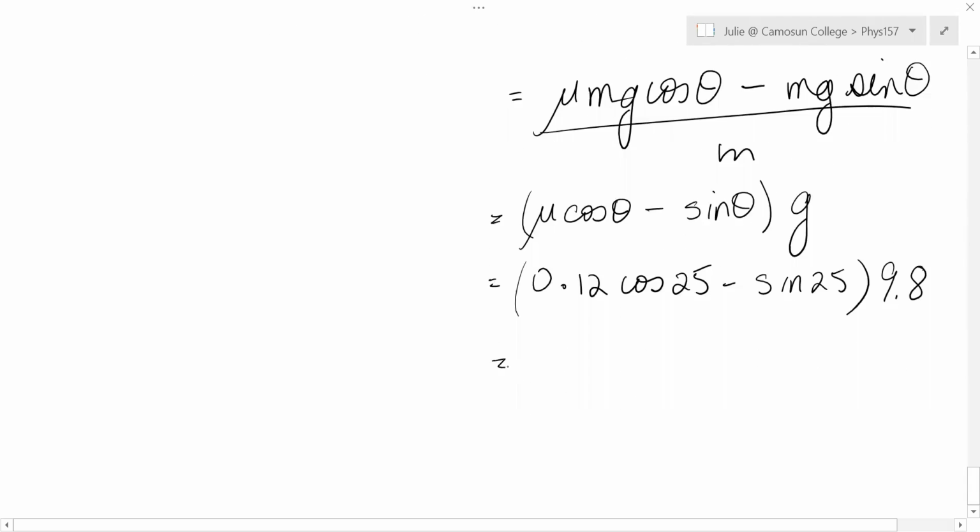And this will be the acceleration while it's sliding back down. Okay, and this gives a number of negative 3.08 meters per second squared. It's not as big a number because friction's actually trying to hold it up, and so it doesn't accelerate down